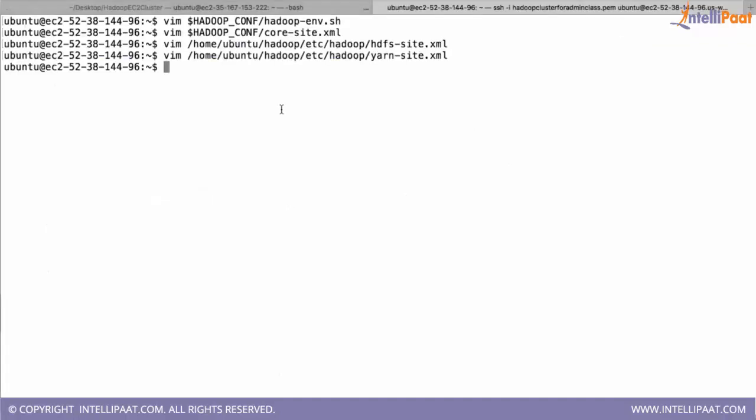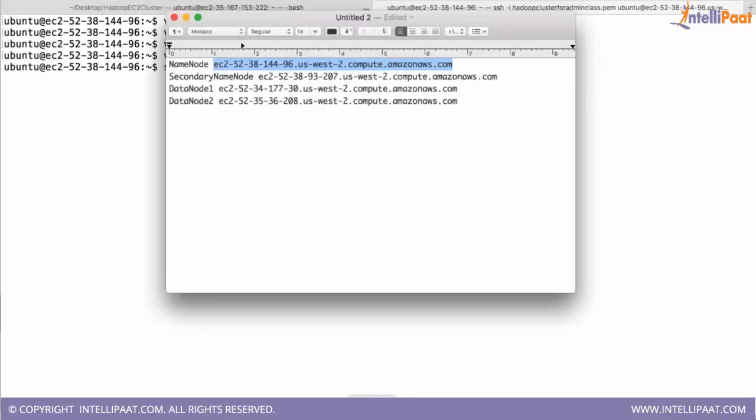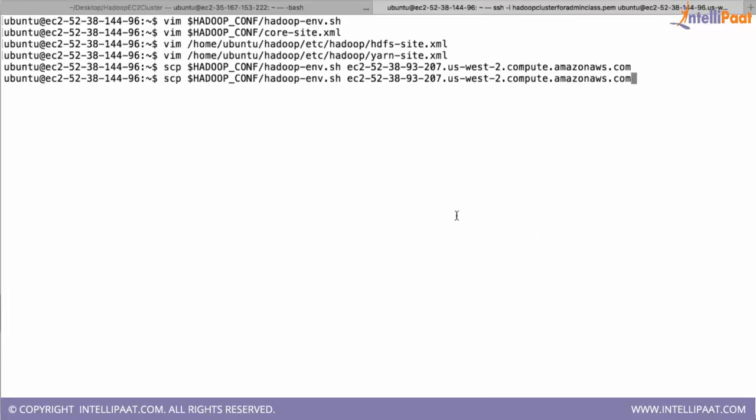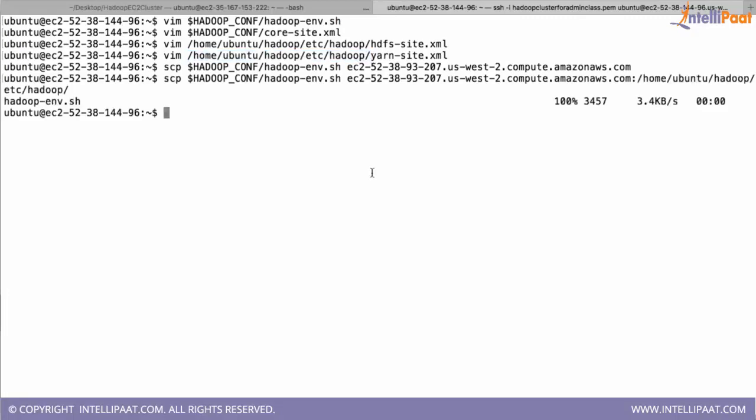From the name node you can use SCP to the secondary name node first. So this is your secondary name node. Now you have to put it into the same location on that machine also.